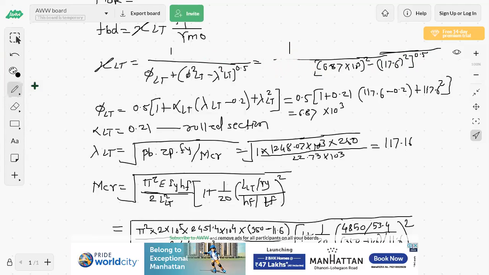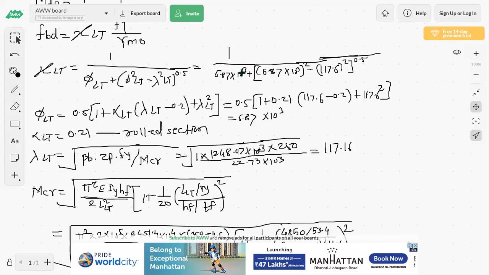Now again calculate this: 6.87 into 10 raised to 3 plus 6.87 into 10 raised to 3 square minus 117.6 square raised to 0.5. Raised to 0.5 means under root of this. Tell me the answer of